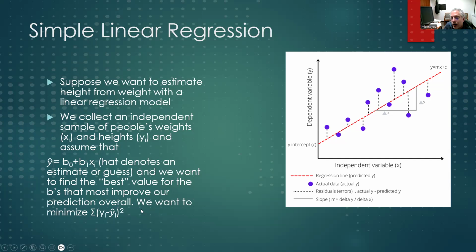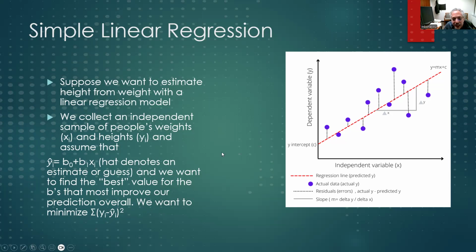That's not really what we want. 0 should indicate that we got every point perfectly, which never happens. So we'll square the difference and then sum that. That'll be a positive number, and it'll give us some overall metric of how well our line fits the data. The more we can minimize this difference, the better our guesses are to the real heights, the better our fit is. And so we want to find the B0 and the B1, the slope and the intercept,